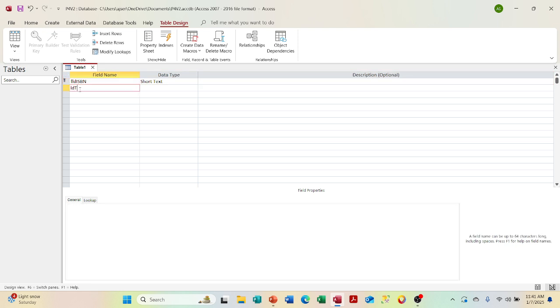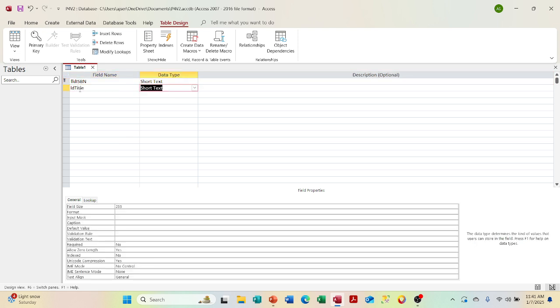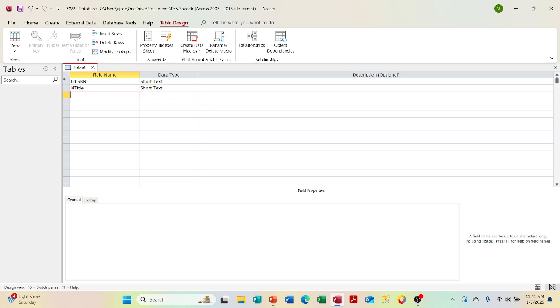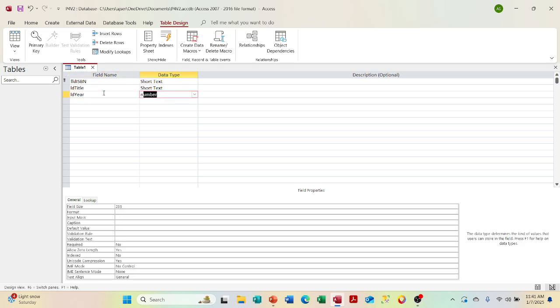Field title. That's also going to be a short text. As I said, in the table level, we're never entering data directly into the table, but for the purposes of this example, we're going to set this to yes, just to show you what happens, and the zero length is in there as well. Field year, this is going to be a number,